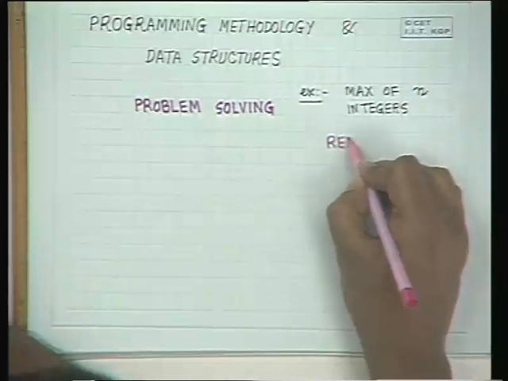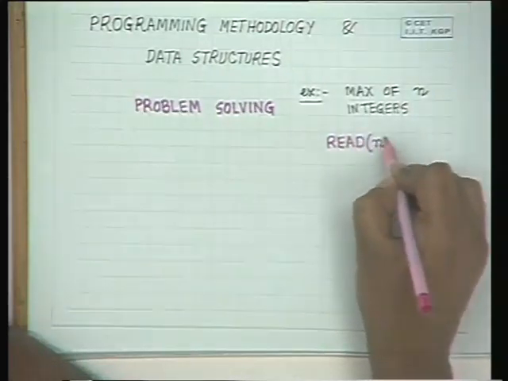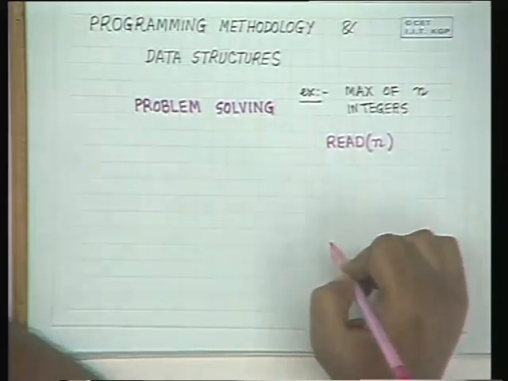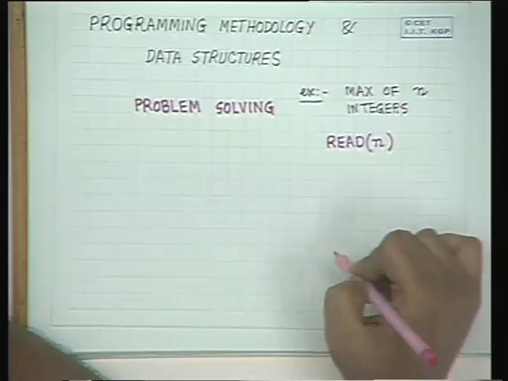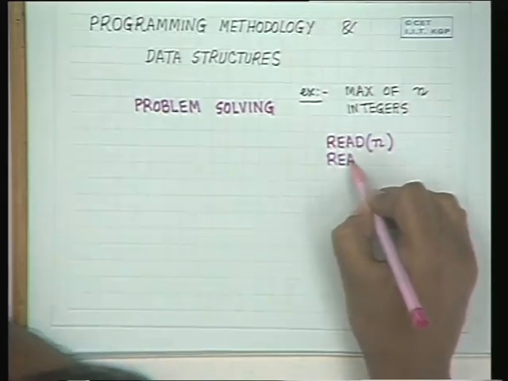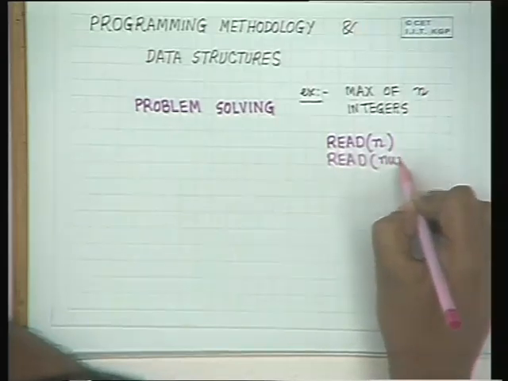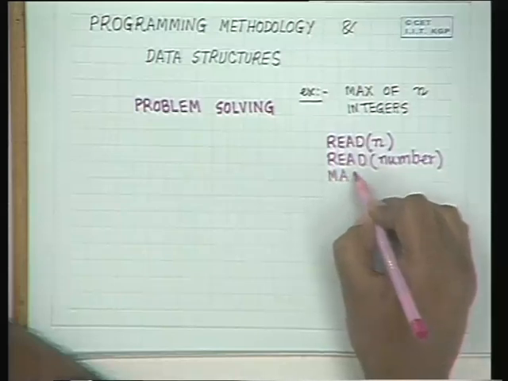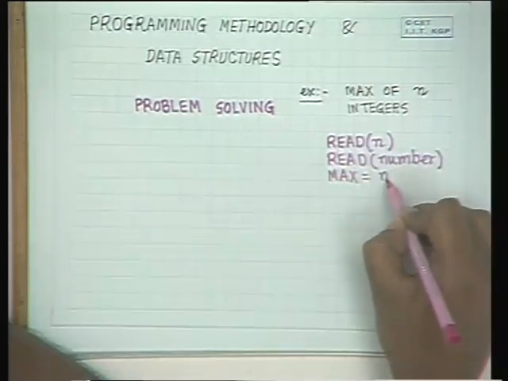Now, all of us, those who have got programming experience, would immediately come up with a solution which looks like this. You will say read n, and then you will read the n numbers, and in an iterative loop you would find the maximum, and that's what you would do in something like this. Read the first number, and then initialize the maximum to this number,